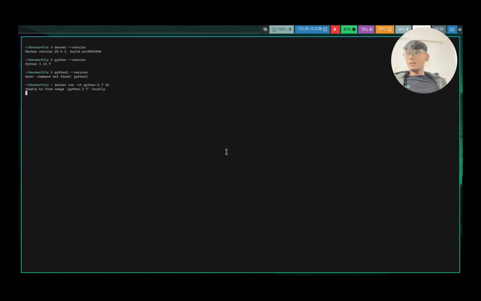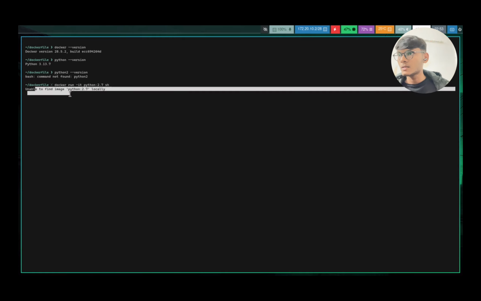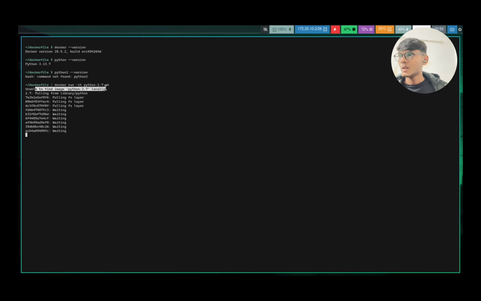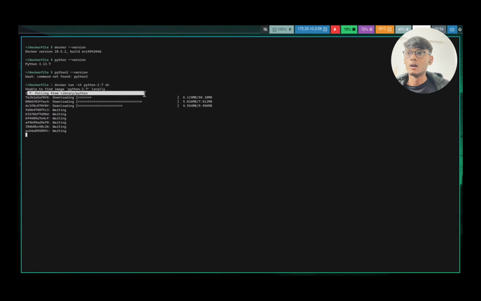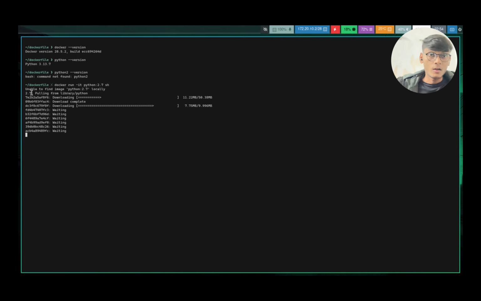Initially it checks locally whether this image exists, but here it was unable to find the image Python 2.7 locally. So it starts downloading the image from the Docker registry. Docker Hub is just like GitHub.